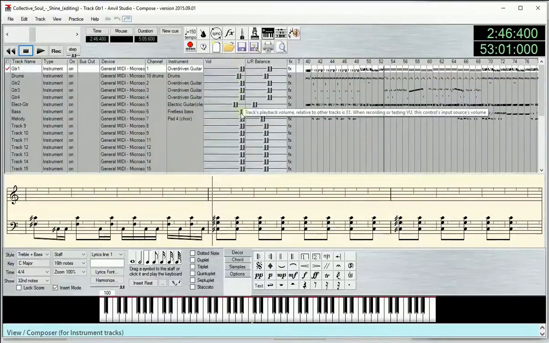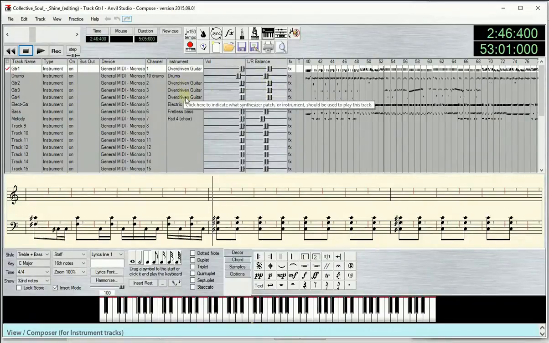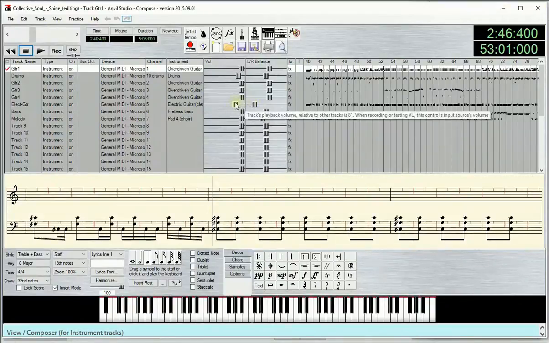I've changed some of these volumes a little bit. I decided that it would be better if all of these overdriven guitars were at the exact same position. Pan position is 10 to the right a little bit, and this one is over, well, it says minus 32, and a little bit lower in volume. And just to refresh your memory,